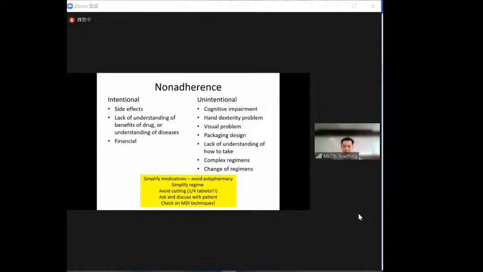They have a lack of understanding of why they need to use this drug. Is there any risk or complication or side effect of the drug? So you need to explain why the patient is taking the drug. There may be some financial problem, in particular with the use of the new anticoagulants. I can guarantee that some of the patients, if they are using their own money to buy the new anticoagulant,